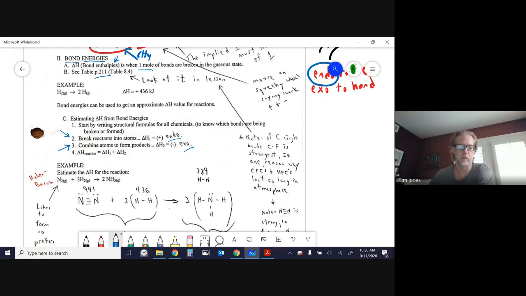And again, notice endo is always positive, exo is always negative. And then you just add up all your values. This makes it look more complicated than it is. A simpler way to look at it, break all your reactants apart, form all your products, add up all your values. So if we take a look at this reaction,